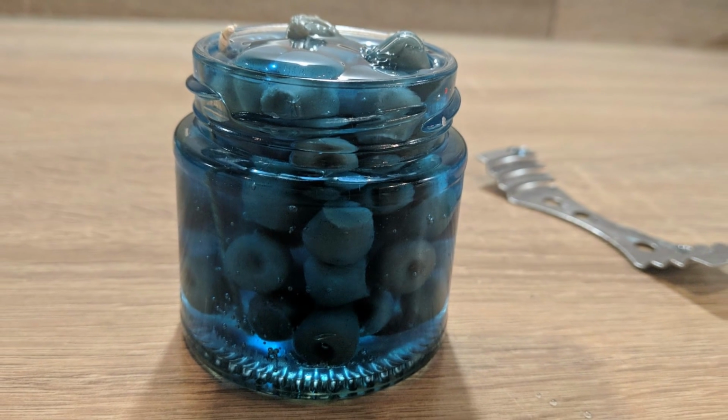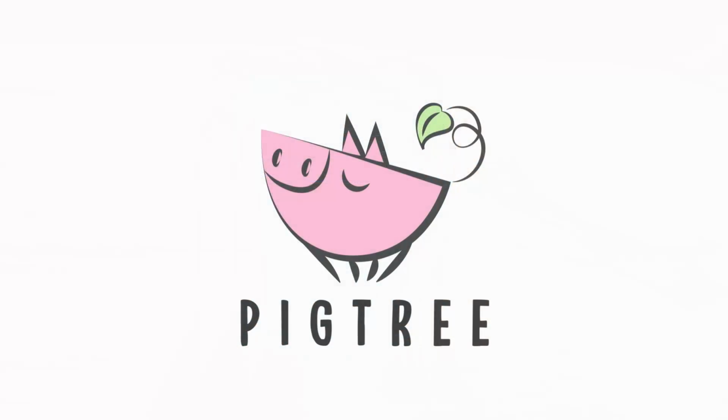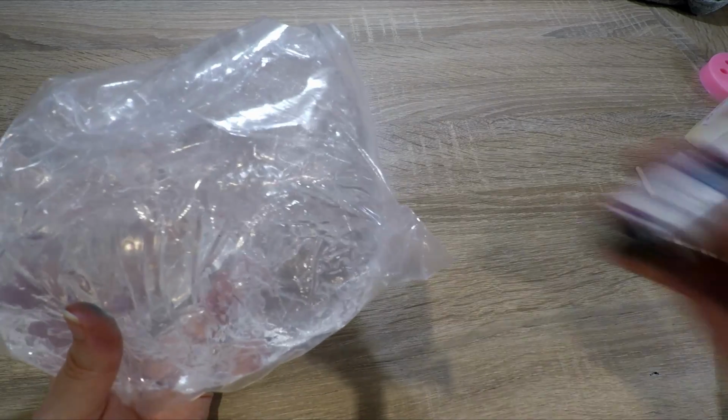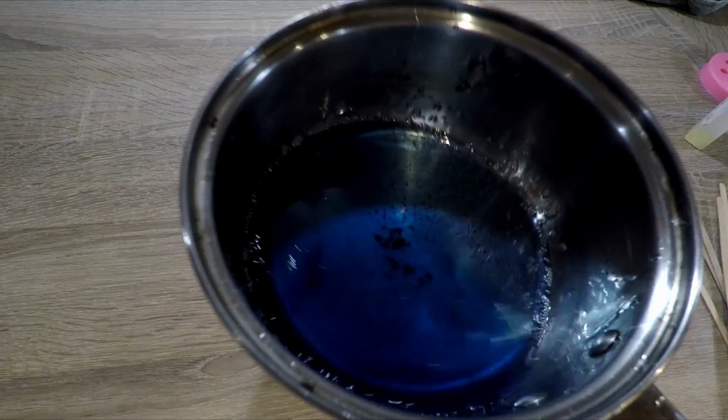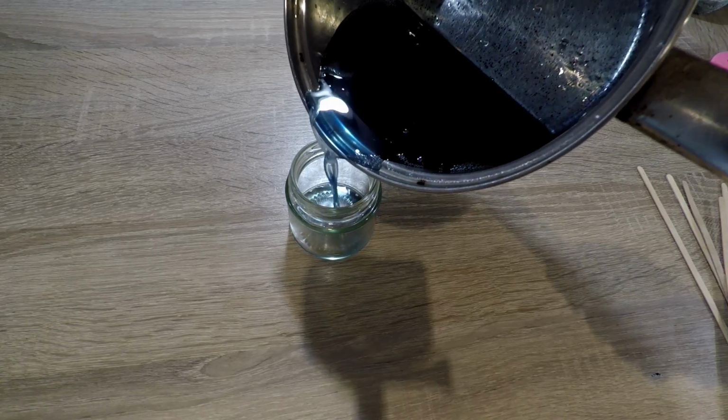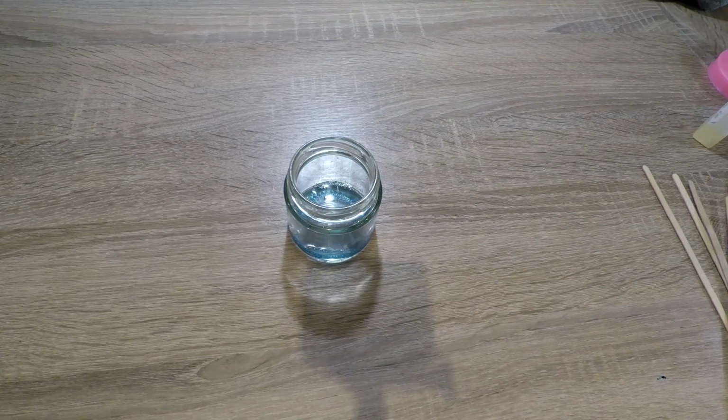Today I'll be making this cute blueberry jam candle. To start with, get some gel wax, get some blue colouring and melt them down together. Make sure to use transparent colouring, but unlike me, do not use water-based colour as it won't mix well with